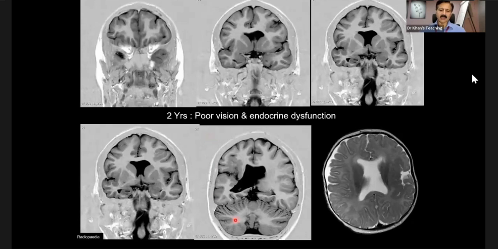Look at the visual apparatus on this scan. So these are several MRI slices, mostly coronal and a single axial. Given there's poor vision and endocrine dysfunction, I'm looking for any abnormalities in the suprasellar system or possibly in the optic tract or the radiation. So do you think that these optic